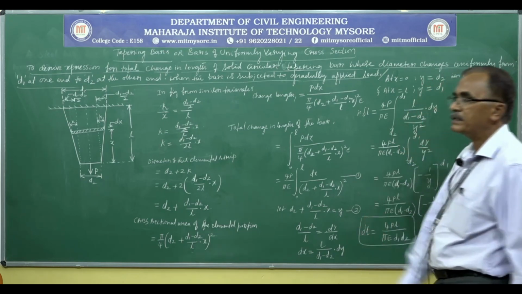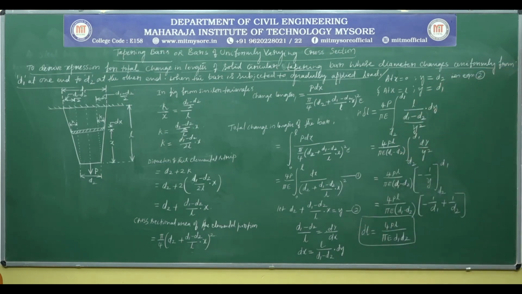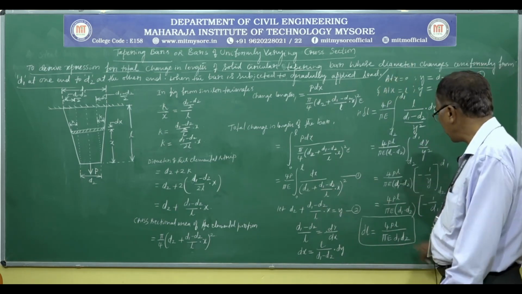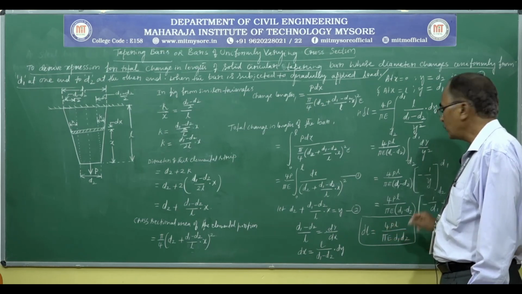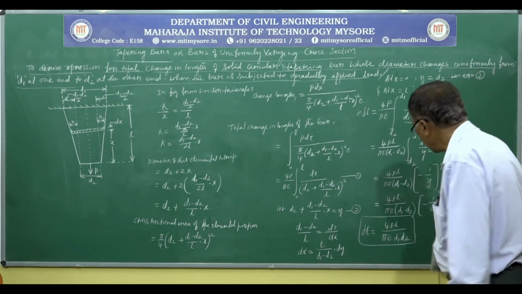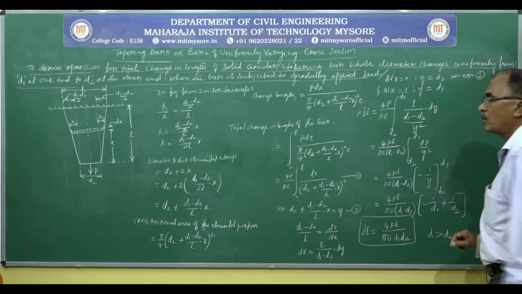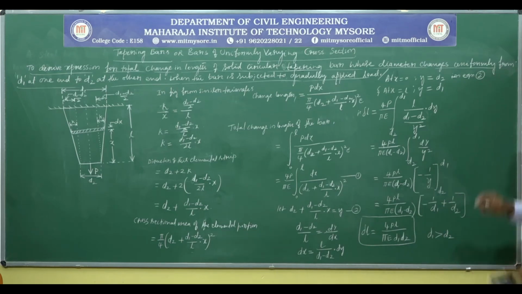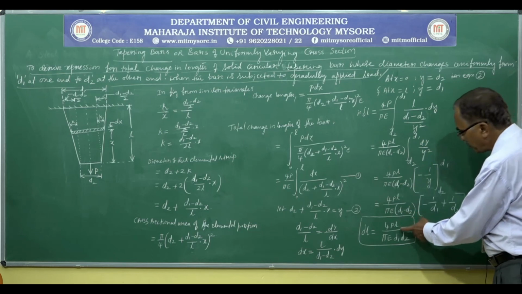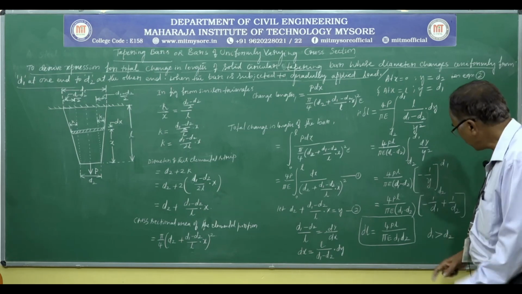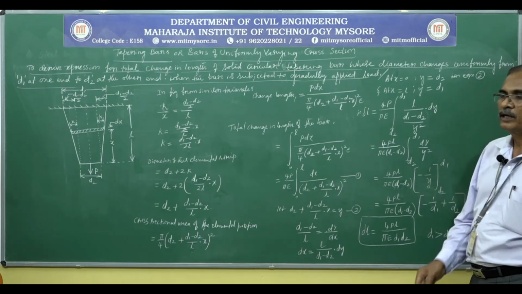So, this is the desired expression for the change in length when a bar of uniformly varying cross section is subjected to the axial load. Delta L is equal to PL by AE, here delta L is equal to 4PL by pi E into d1 d2. Here in this expression always d1 is greater than d2. To solve numerical problems, if they give different diameters, we have to use this equation considering that d1 is always greater than d2. In place of small d1 and d2, you can also make use of capital D1 and D2.